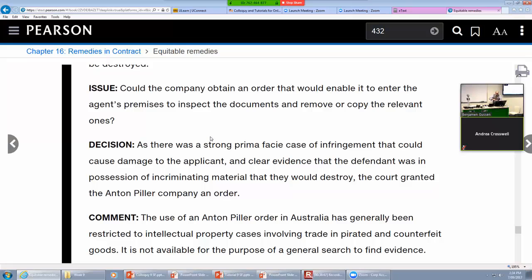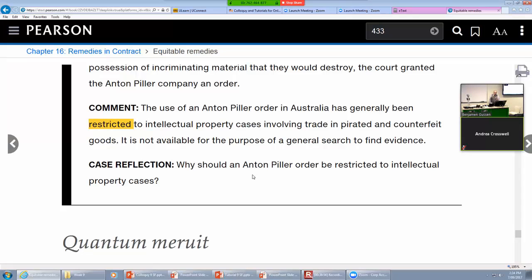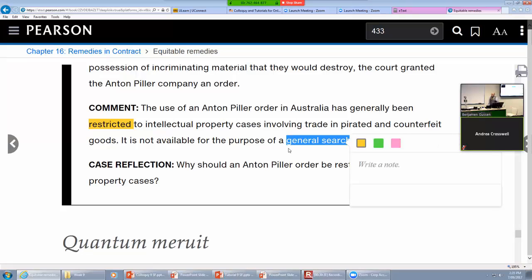Now, notice how this is restricted. In Australia, the Anton Piller order is restricted to intellectual property cases involving trade in pirated and counterfeit goods. Okay? So the evidence is, for example, to get that stuff that was manufactured maybe in China that has Gucci on it. If I go and tell you that I want to inspect these, of course you're going to destroy them. So it has to be through an Anton Piller order, before you know that I'm coming to get some samples or some evidence. So it's never going to be available for a general search. And again, why? Because of the calculus between what you want in evidence and what the other party has in rights, specifically in terms of their